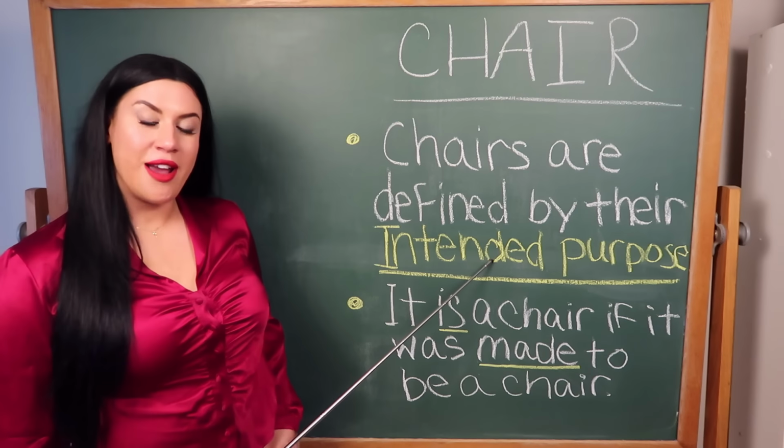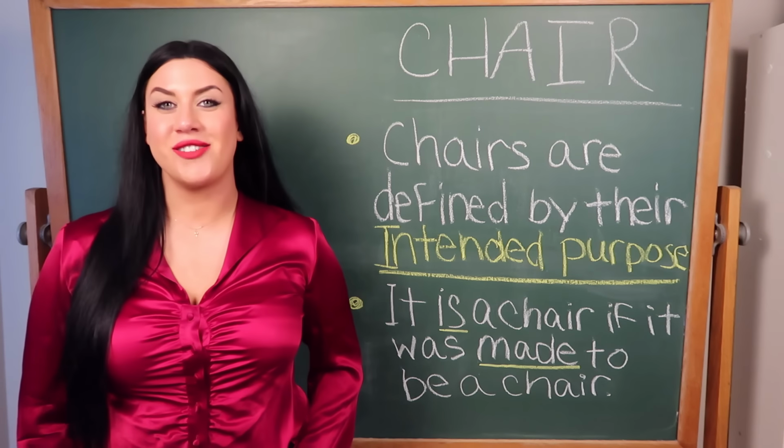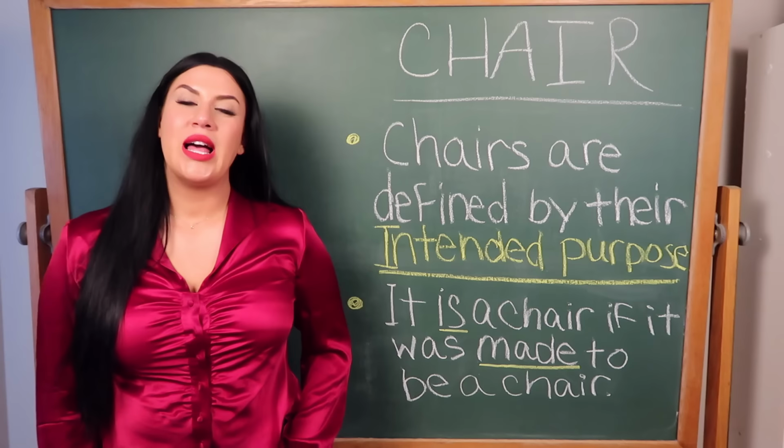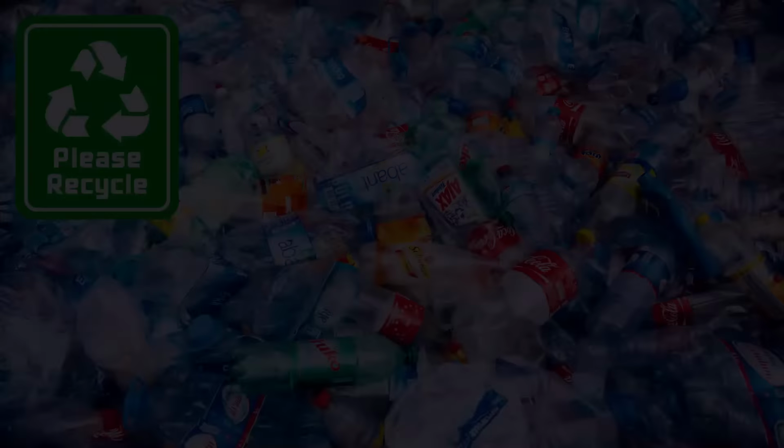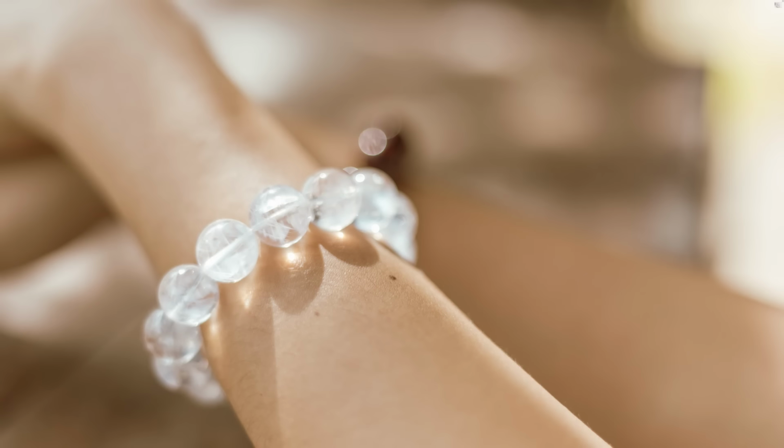We don't really care about intended purpose for a lot of things in the world. If you have a bracelet made out of recycled bottles, you are going to refer to that piece of jewelry now as a bracelet. It was not ever intended to be a bracelet because it was intended to be a plastic bottle to drink from. But you gave it a new intention. Function isn't enough, and neither is intention. Intention felt probably most intuitive, but it was still too fuzzy and vague and arbitrary.